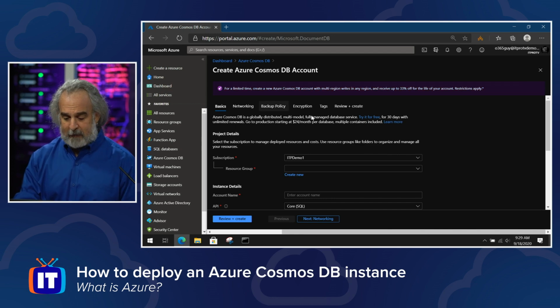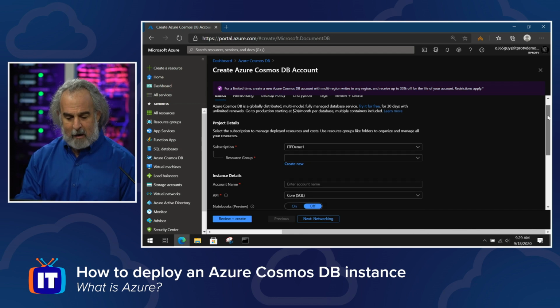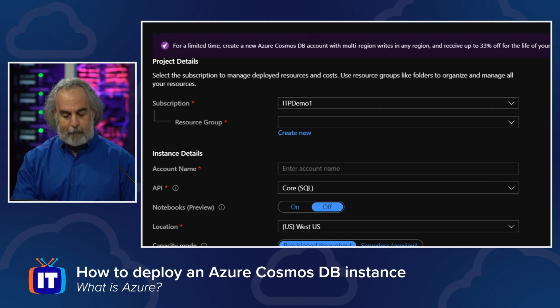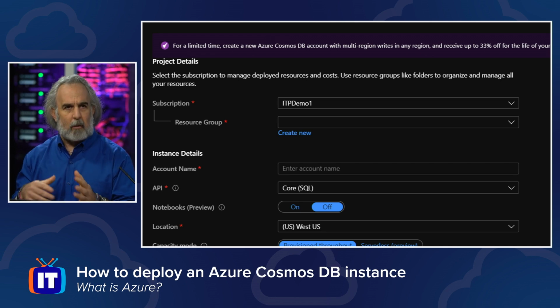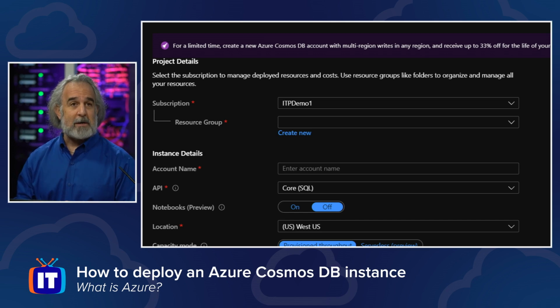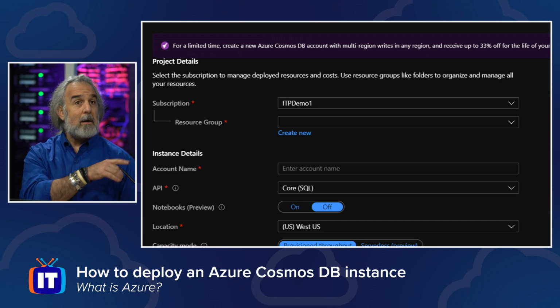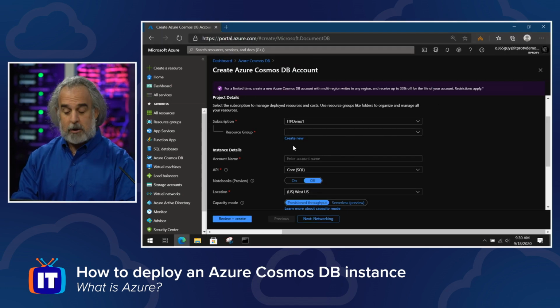Let's take a look at the basics. What we're going to do is just scroll down for just a moment. The first thing we need to do is pick a place where we want our Azure Cosmos DB instance to live. We call that a resource group. Think of it as a container where we can put all of our stuff, and it's uniquely dedicated to that particular amount of stuff, whatever we're collecting and using. I'm going to use a pre-existing one by pulling down that list and choosing one I've already created, but I can also create a new one right from here if I choose to.